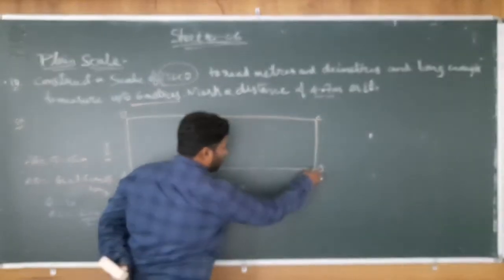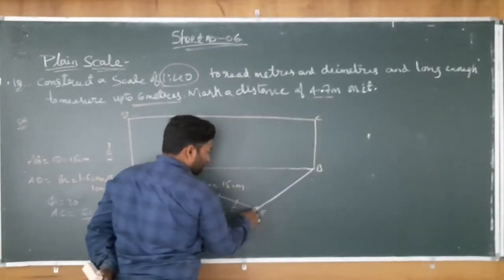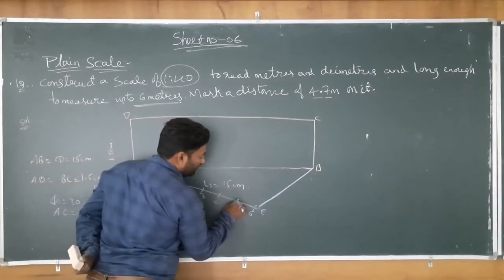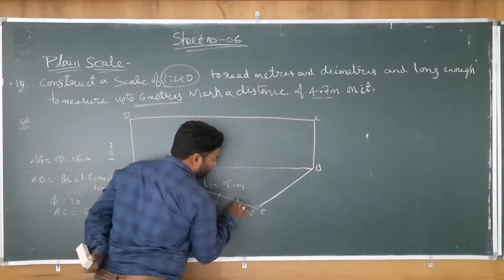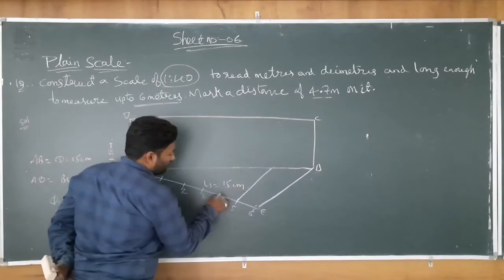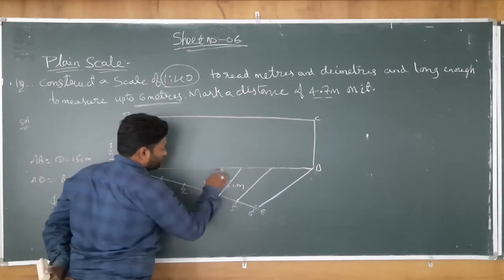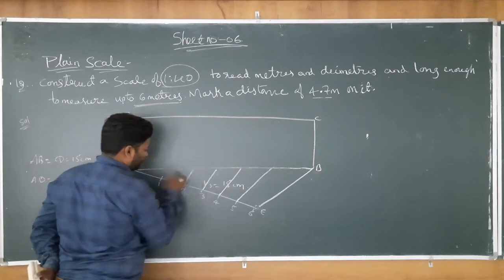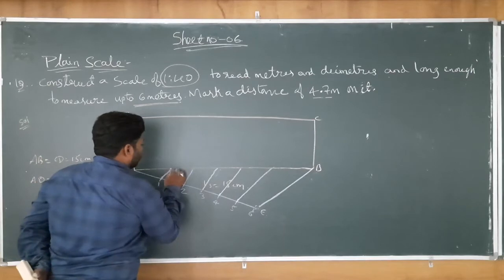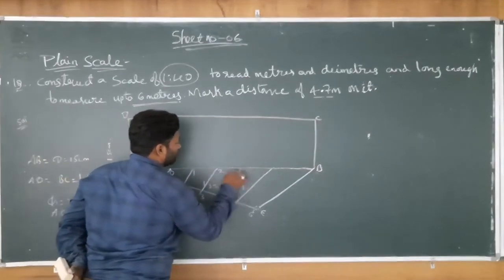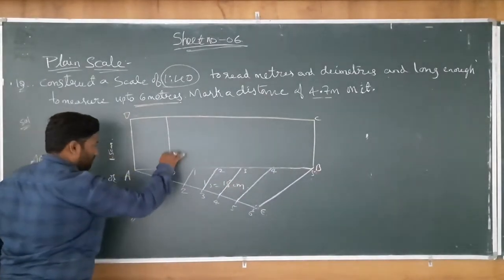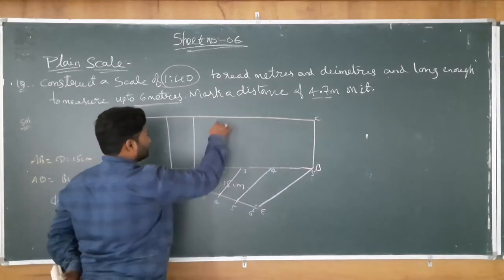Whatever line I am drawing should be exactly parallel to all these divisions. I have to draw one more line from E, and from 5 it should be exactly parallel to EB. I have to draw all the divisions here as exactly parallel lines. Here I have to give the dimension values like 0, 1, 2, 3, 4 and 5. Here I will just draw the vertical or perpendicular lines to this.